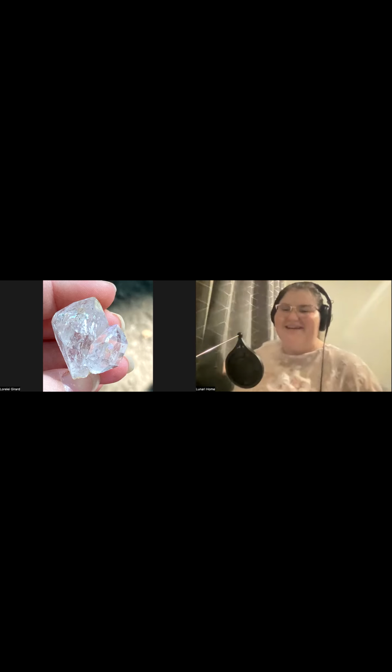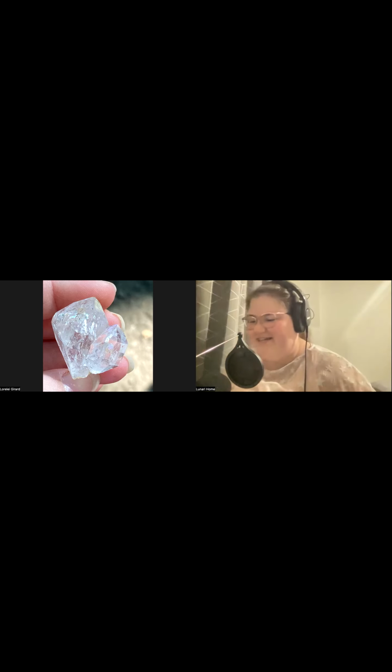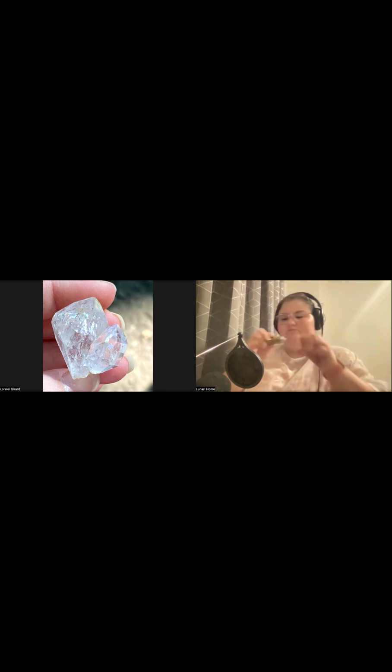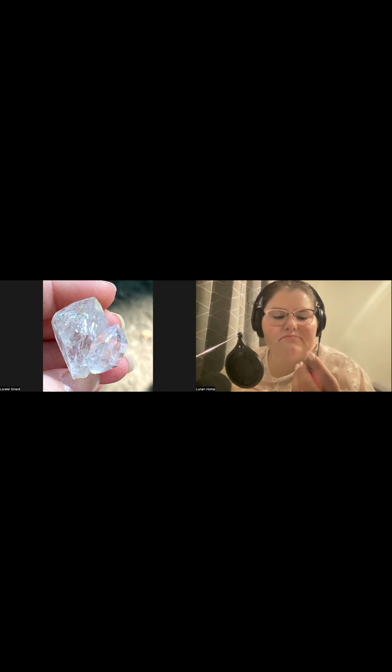Oh, yeah. All right, back to Jasper. Sorry. So the reason why it's so opaque is because when it's forming, instead of having just layers of silica and quartz with impurities, it's really thick layers.